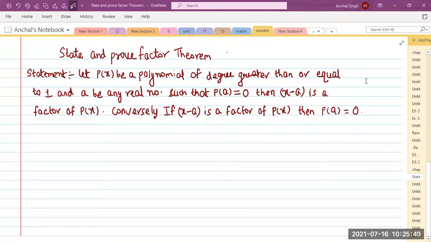तो देखो, इस थ्योरम में एक्चुअली हमें क्या करना है? दो प्रूफ करने हैं. पहला प्रूफ क्या है? When remainder is given equal to 0, then we will prove x minus a is a factor of px. This is the first one. Then what is converse? In converse, what is given? X minus a is a factor of px. Then we will prove pa is equal to 0. ठीक है, तो चलो वन बाय वन हम इसको स्टार्ट करते हैं प्रूफ. सो फर्स्ट आई एम राइटिंग प्रूफ ओवर हियर. मैंने लिख दिया प्रूफ.